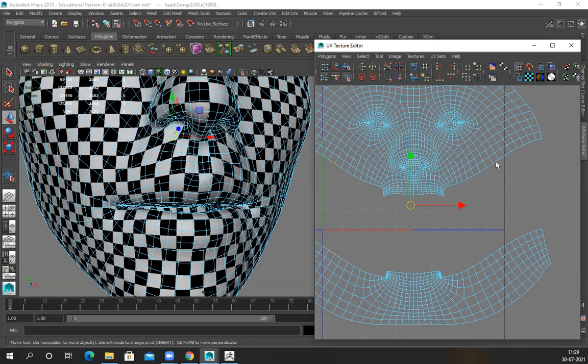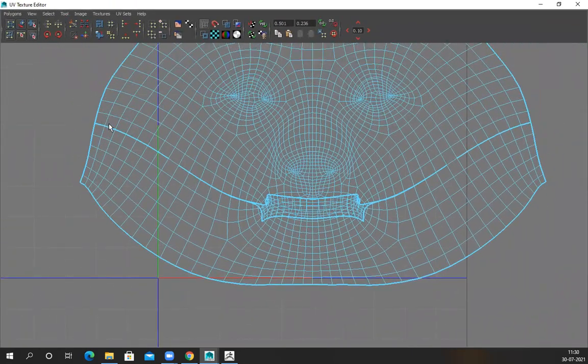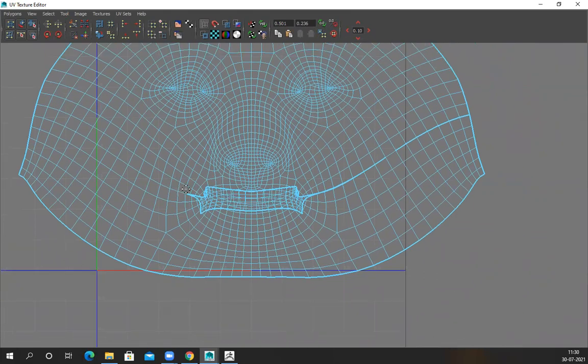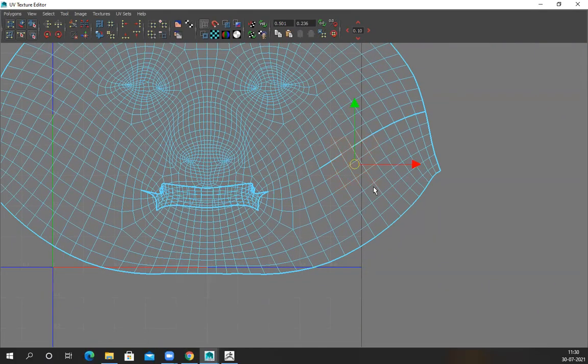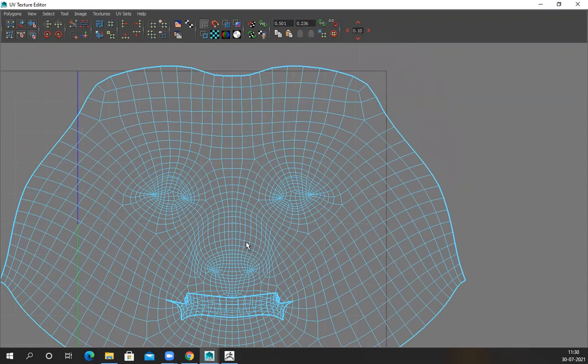Sir, but you had separated all of that earlier, right? Yes, that's why I'm combining it now, I have to combine this with that. Cannot keep it separate. On the face, next to the under chin, wherever the neck and chin connect, there you can have a seam. That is acceptable, because that part is not prominently visible. For those areas you can definitely keep a seam, but for lips, nose, eyes, or forehead, wherever it's prominently visible, no seams at all.